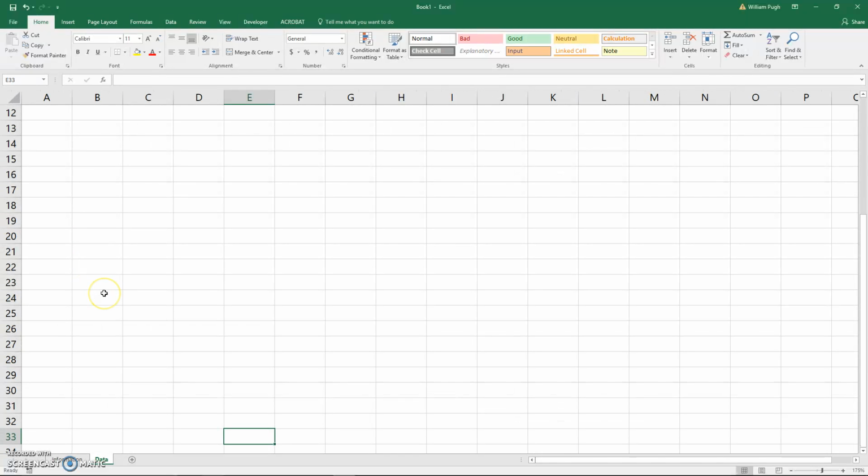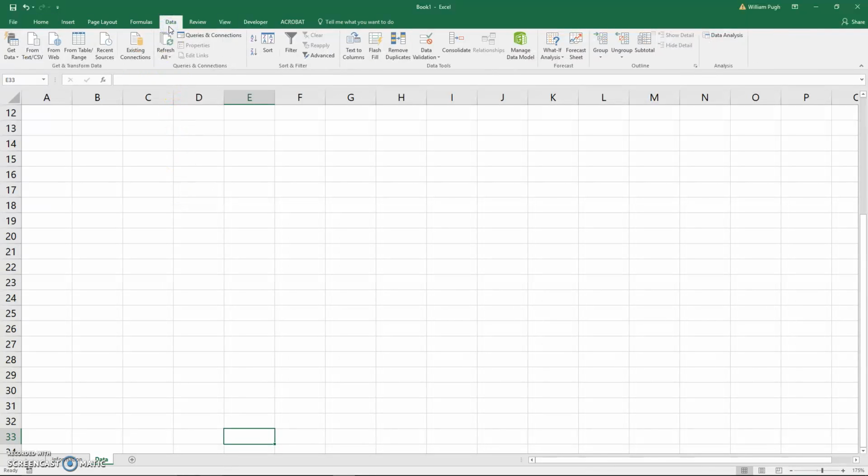Now other features and functions of Excel, we can import data. We can import information from a text file. We can import data from another Excel file or other various file formats. So I believe in your project you will have to import a data file. To do that, you will select Data, and we will get that data from a text or CSV, comma separated value. So I select that,